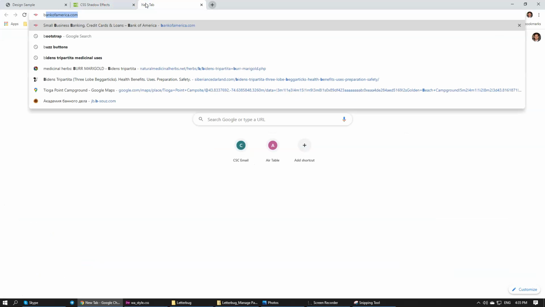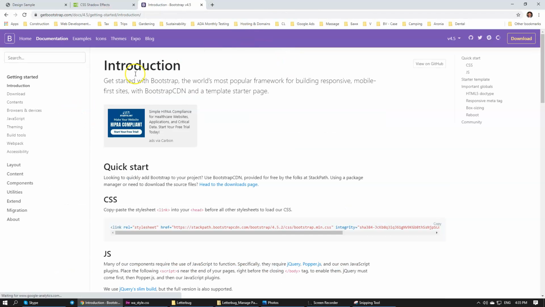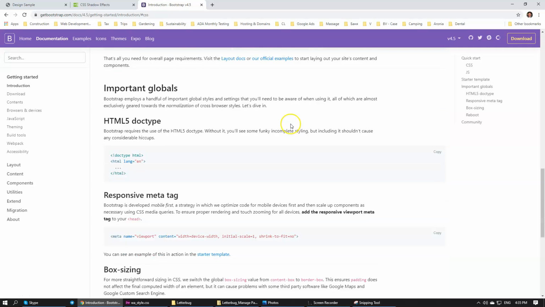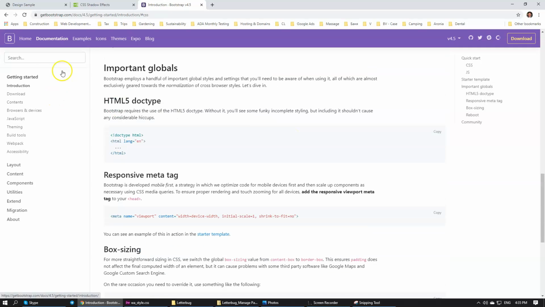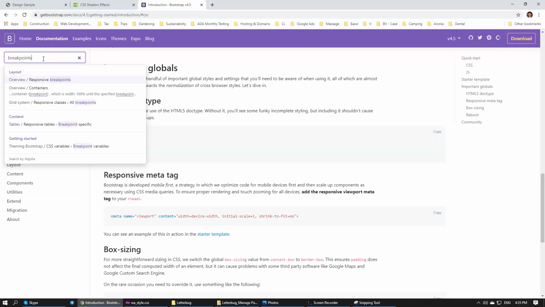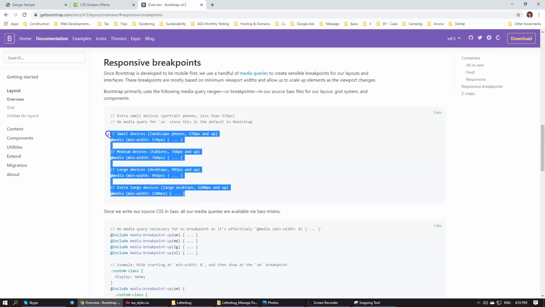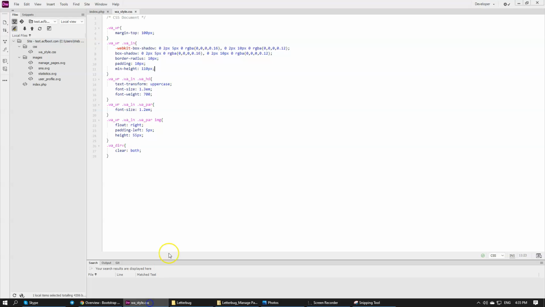For that I'm going to go to Bootstrap, go to Introduction, and I'm going to go to, where is it, CSS, I think it's called breakpoints. Yeah, there we go. So I'm going to just copy this section over here,